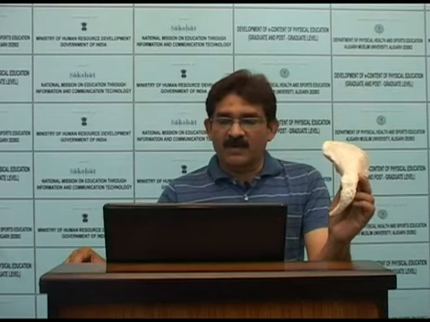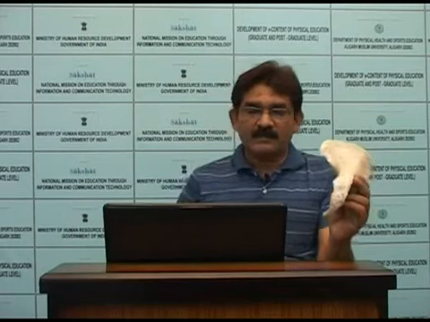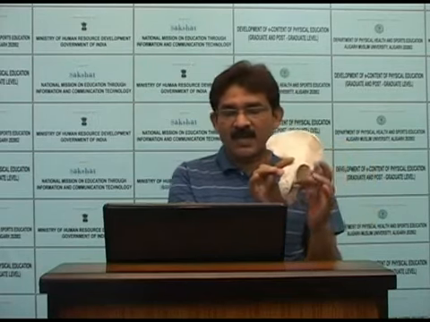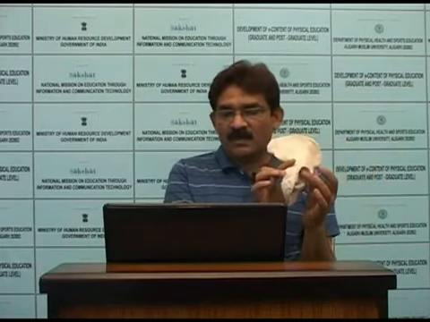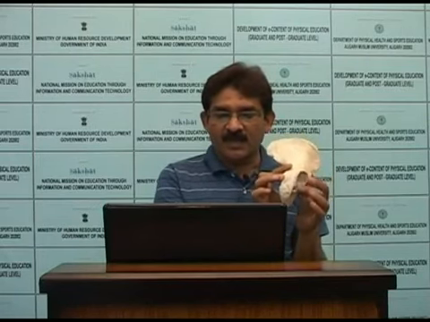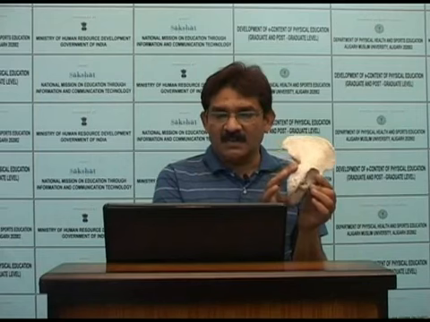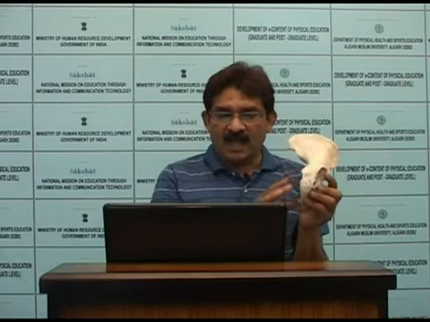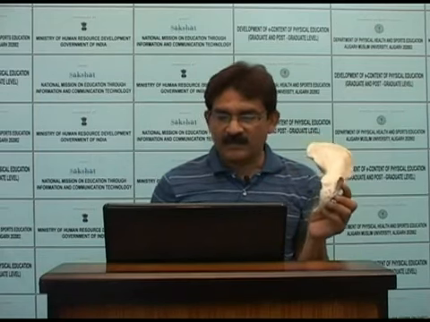The acetabulum is formed by the bodies of the ischium, ilium and pubis. This is the acetabulum, formed by the bodies of the ischium, ilium and pubis. Lunate surface of the acetabulum, acetabular notch.